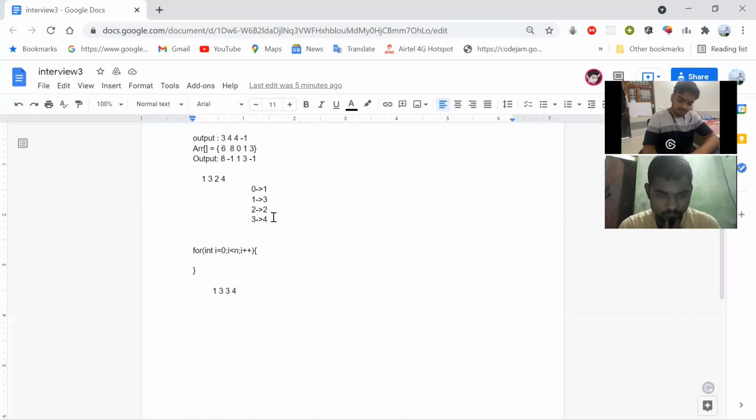the next greater element. I'm just storing that value in my priority queue. I'm inserting into a max priority queue, taking 4.